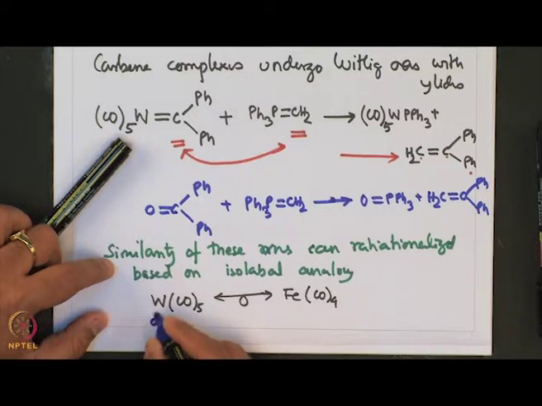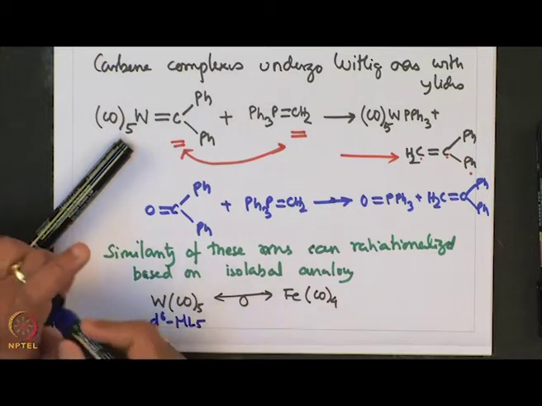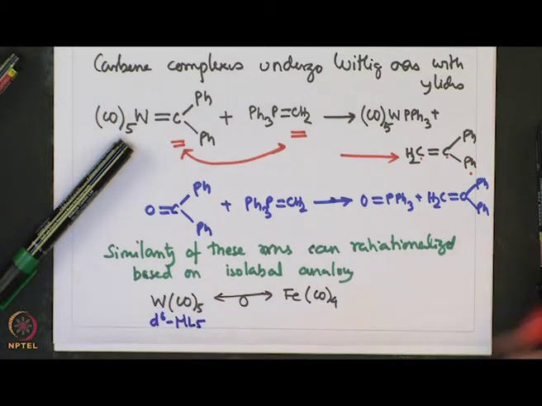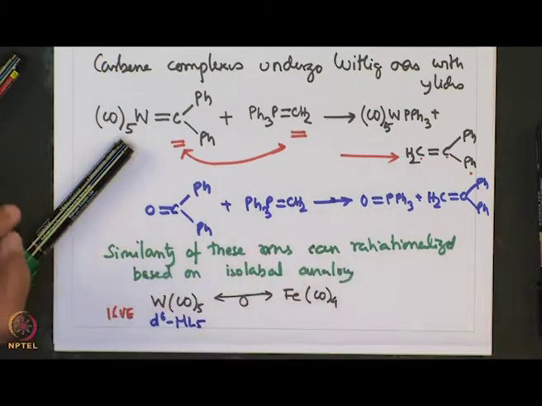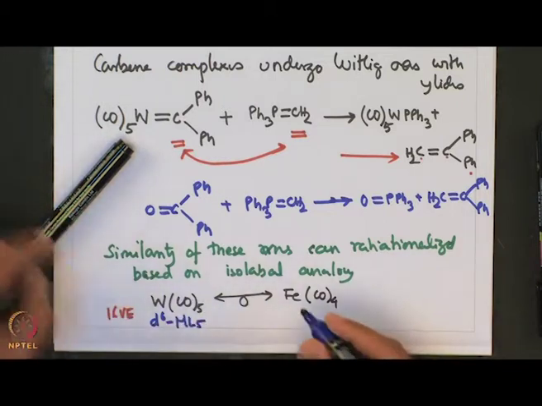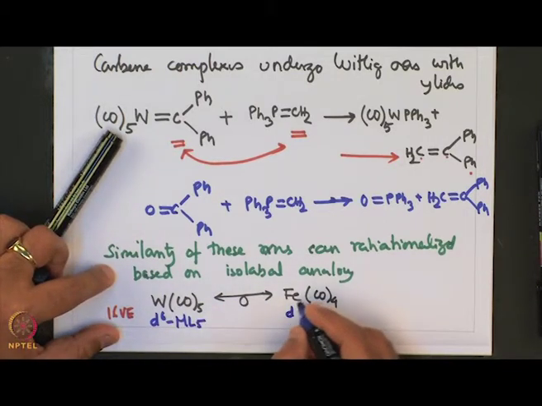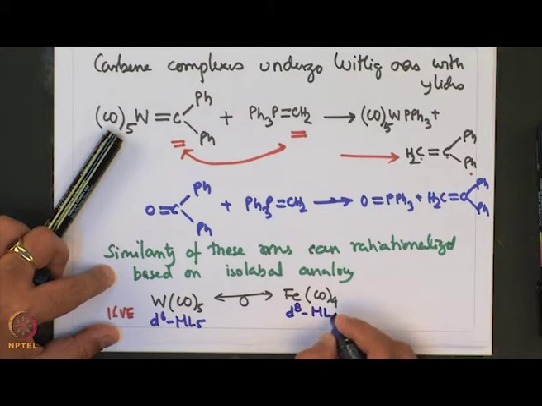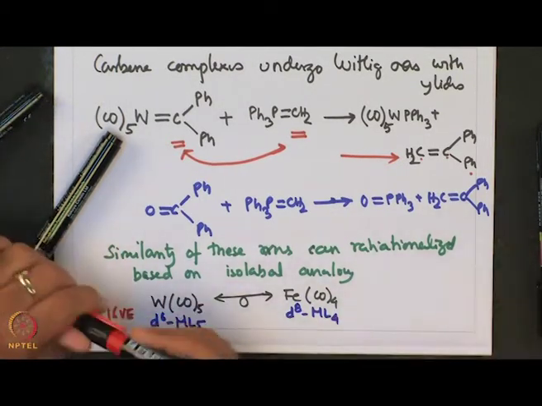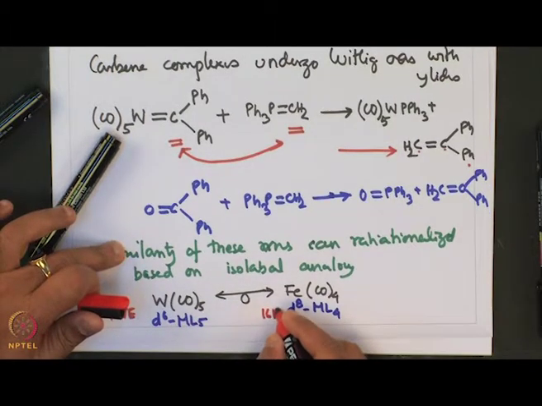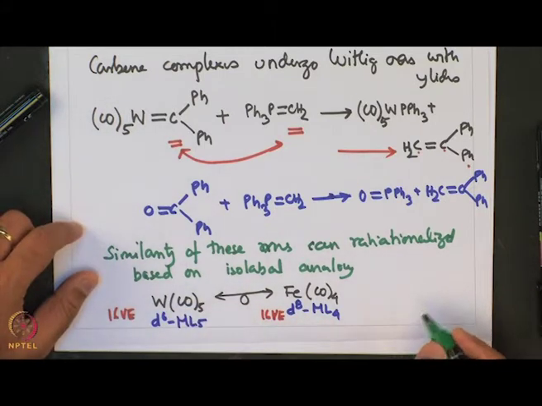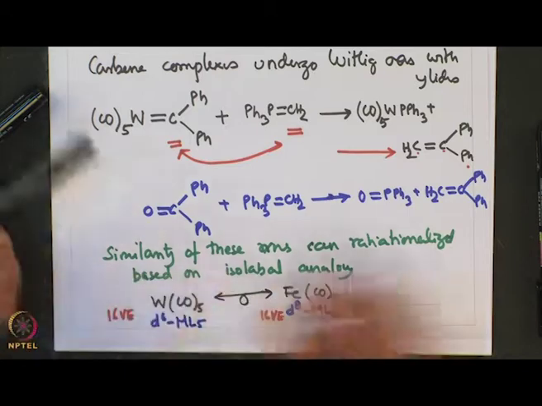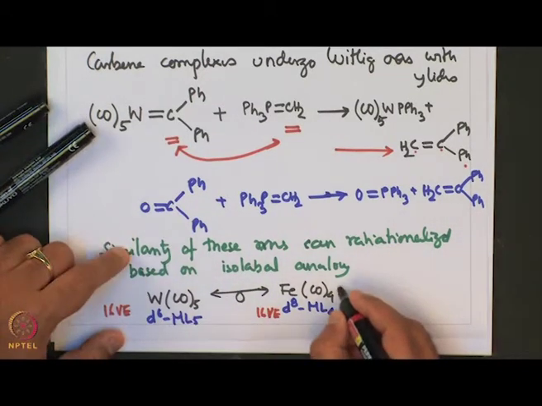For example, tungsten pentacarbonyl is d6 ML5, so that means it is a 16 valence electron species, and Fe(CO)4 is d8 ML4. This also is a 16 valence electron species, and as far as the organic counterparts are concerned, this is isolobal